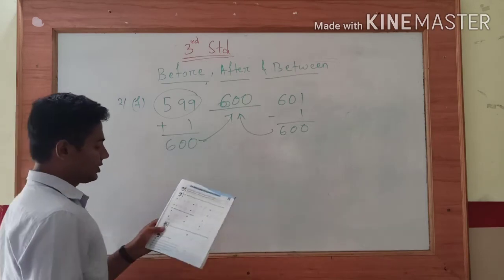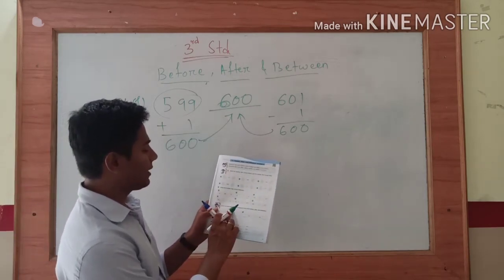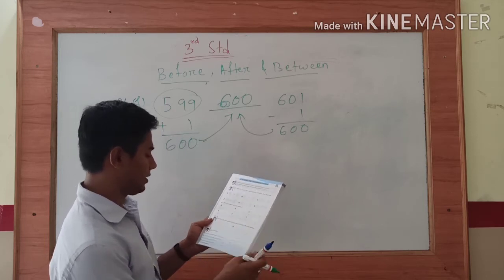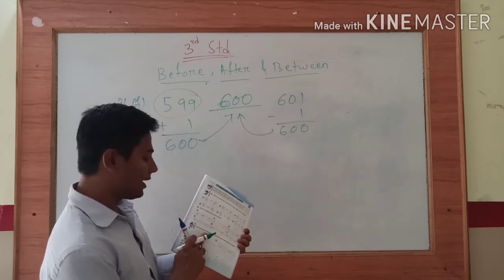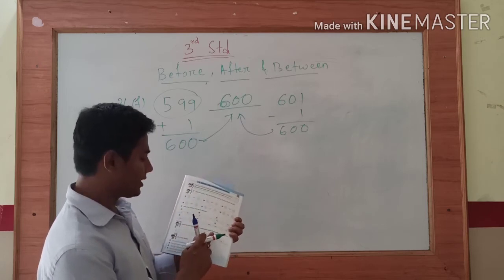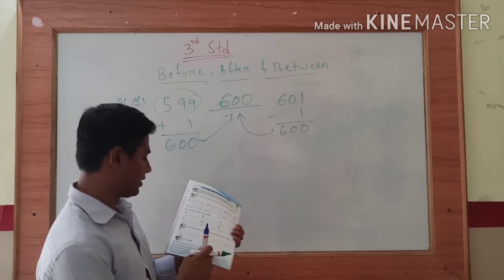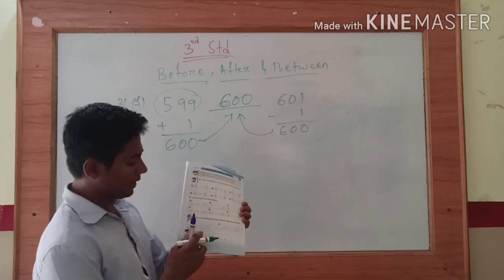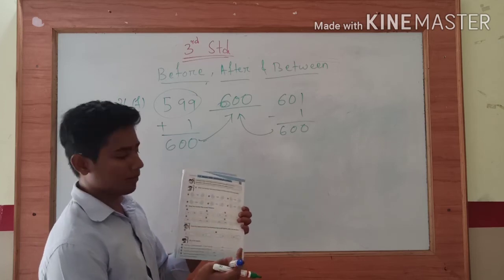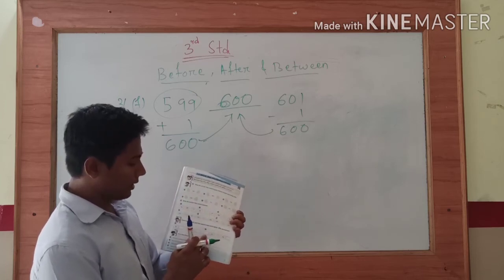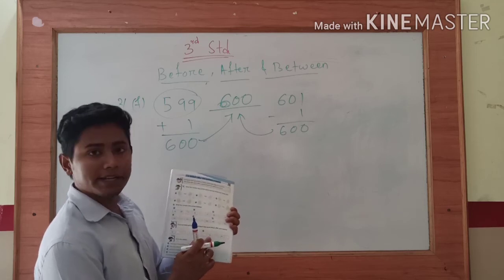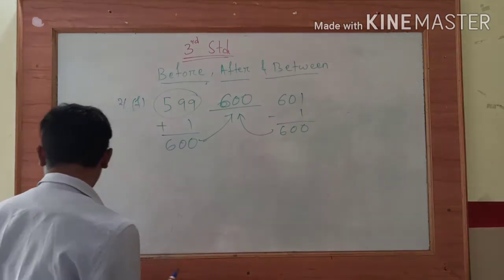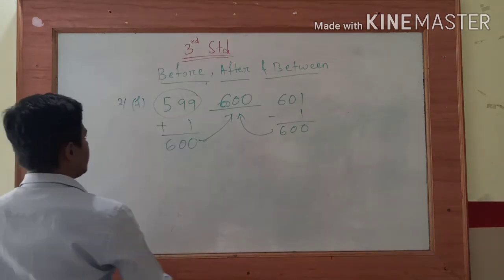What is written in the question? So here, count by twos and write the numbers that come before, after and between. Here 95 is written, after that one box is given. So in that box we write the after number. In B1, 182 is written, in the back side one box is given. Here you write the before number. So let's solve. Then you will understand.